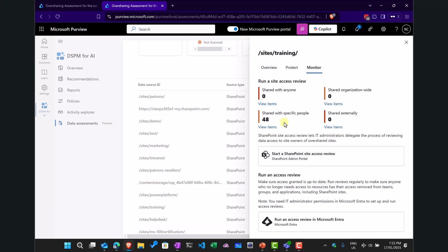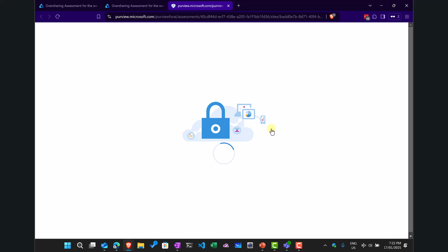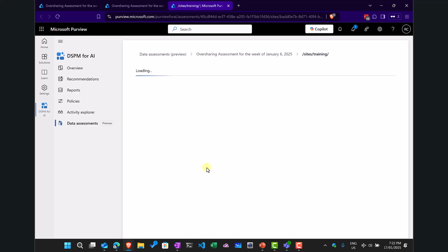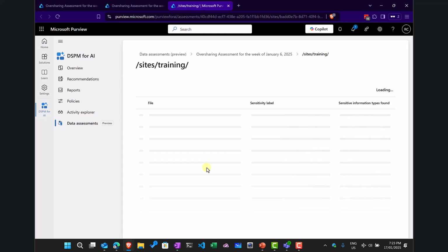You'll see the majority of the data in this case is shared with specific people. Alright, so I'm going to select that, and that will open another window and give me more information about that information that has been shared in that manner. Now one of the limitations at the moment while this is in preview is that I really don't get a huge amount of information, or really able to drill down and make changes to the sharing on individual files just yet. We expect that to probably come along shortly, but at this point in time you need to think about this kind of view or report mainly as a summary of the files that have been shared in the manner